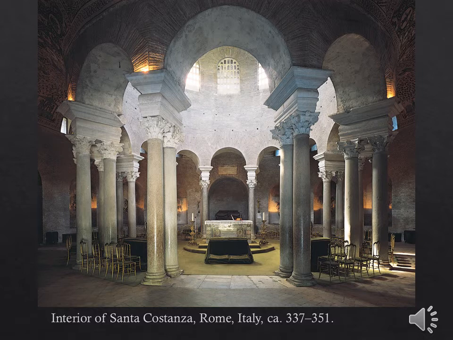There's an important symbolic idea with that as well. It also means that we can put a lot of the windows up high over the altar, like you see in Santa Costanza here, which can help illuminate that central space, dealing with the issue of illumination also. We will see some decoration in these kinds of spaces, and sometimes these also get used not just as churches, but as mausoleums and important ritual spaces beyond just being for worship.